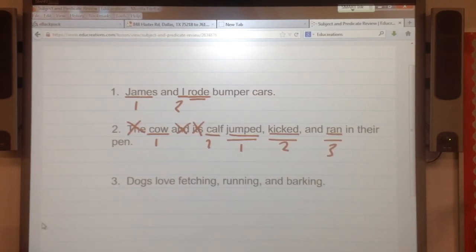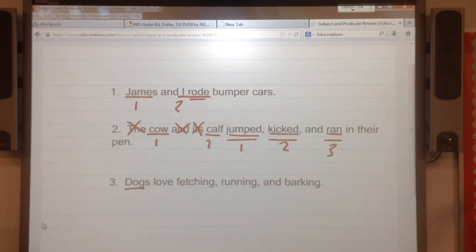All right, here's the next sentence. You know what to do. Dogs love fetching, running, and barking. Well, looking at this, I'm pretty sure that dogs is the only word that can be the subject. There isn't another noun in here as far as I can tell, because fetch, run, bark, love, those are all